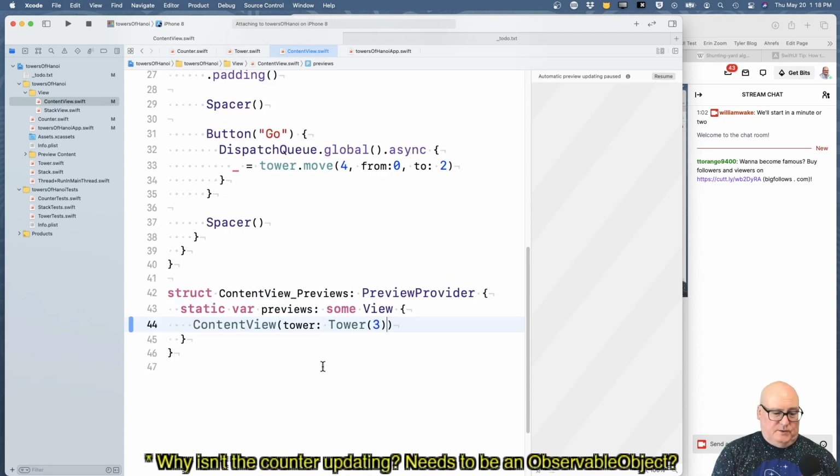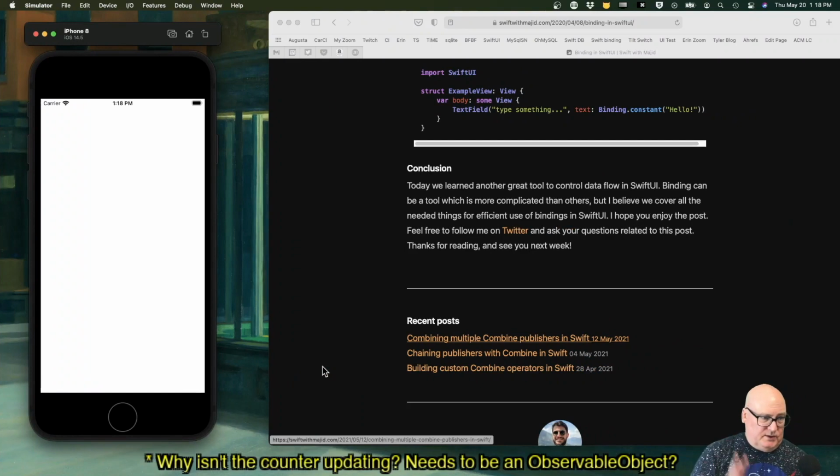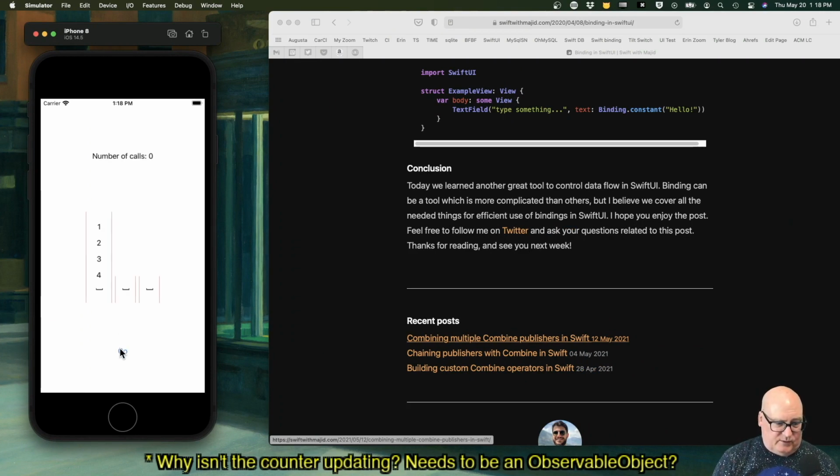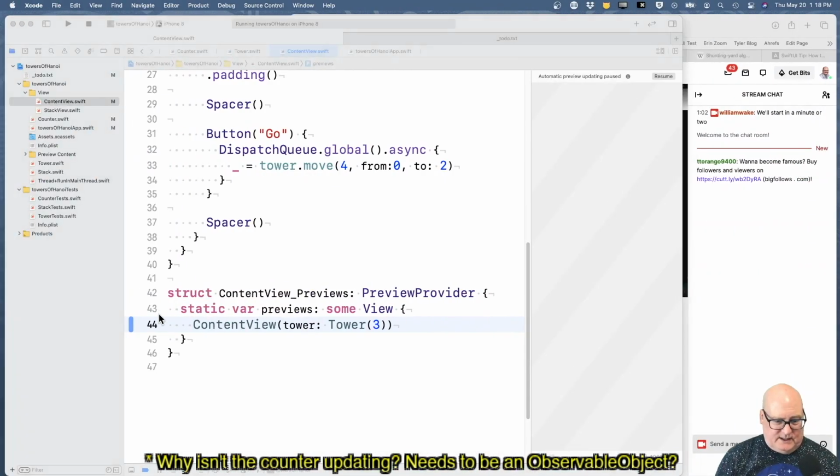And so the preview is nice in a way. You can put multiple ones. I think you can show different orientations or different renderings for different things. Okay, so this should act as it did before. Number of calls not being updated, but the stack is updated. Okay. Number of calls is not being updated. I was hoping it would update at the end even, because that would say something was not right. But all right, let's